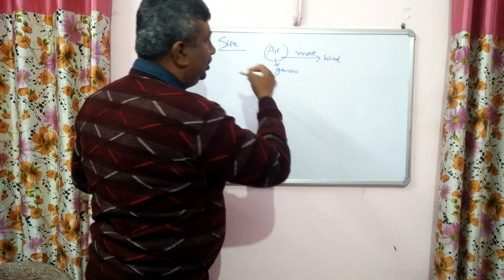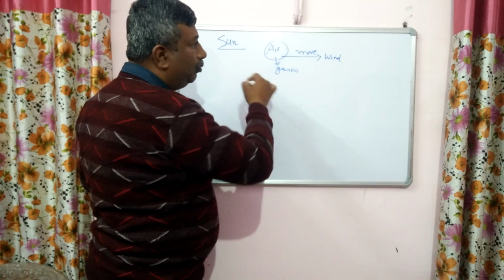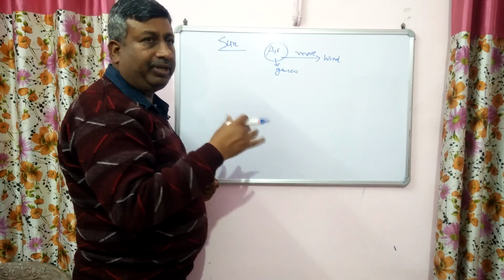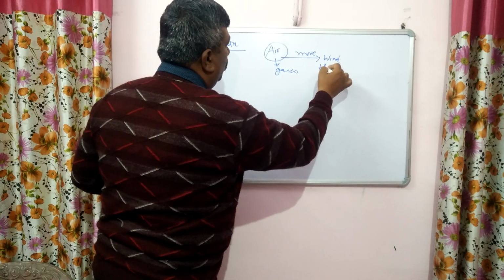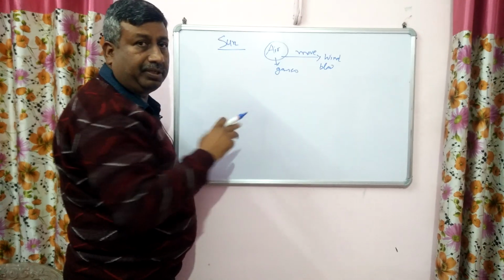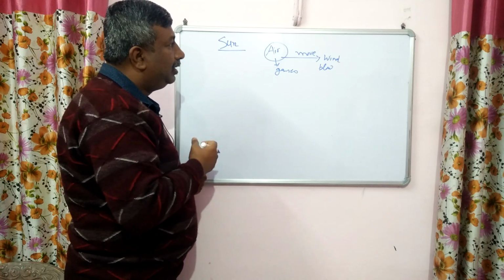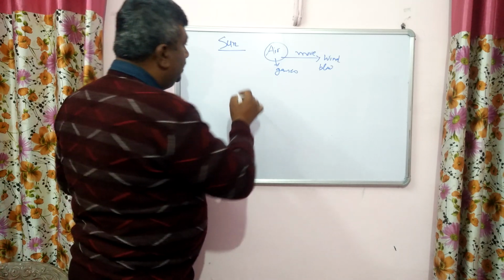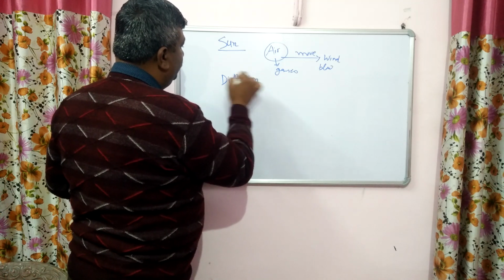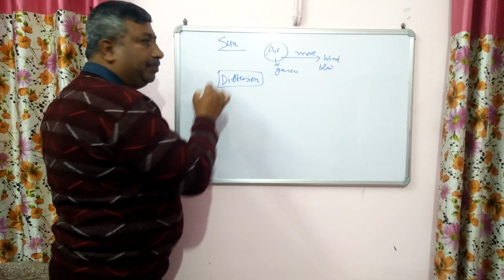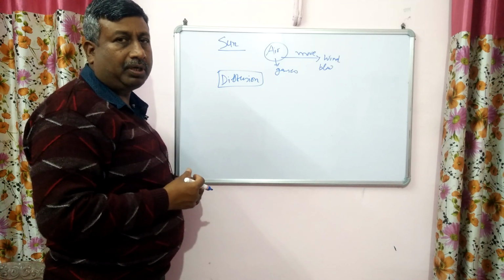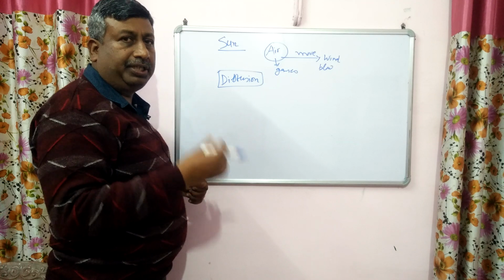When this air moves, this horizontal movement is known as wind, or wind blow. So wind blow or air movement is known as wind, and the sun is responsible. It is very interesting that the sun is responsible, and the process for this wind blow is diffusion. This is a very important process and is generally asked in examinations: which process is responsible for wind blow? That is diffusion.